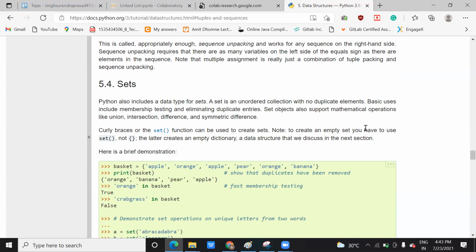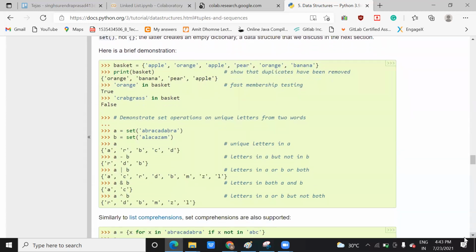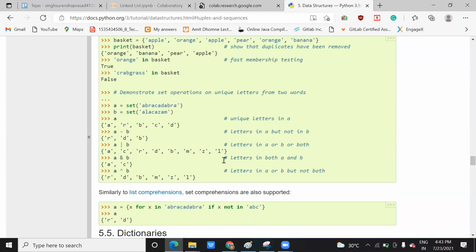We have seen tuple and we have seen the list. They follow the sequence, and they allow duplicate elements also. But set does not allow that. If you see this example, I am taking a set. Inside this set I am taking these values, and b is another set.